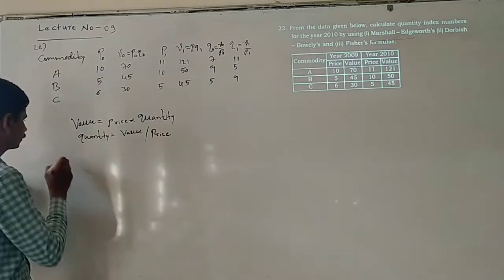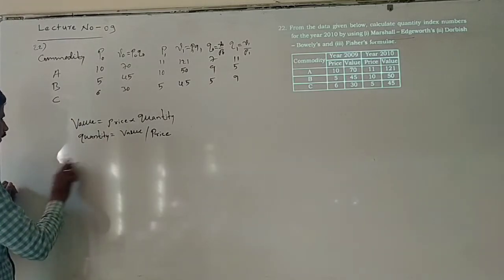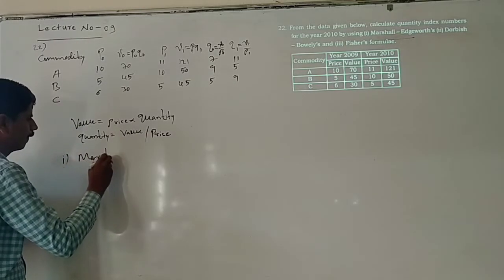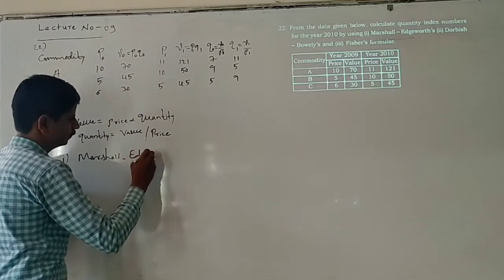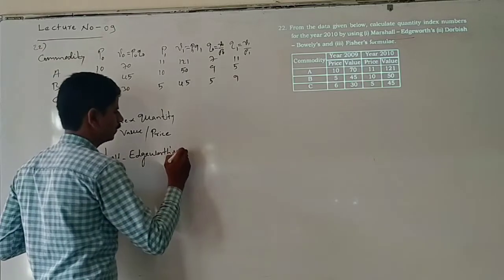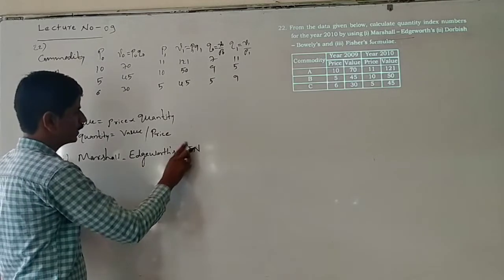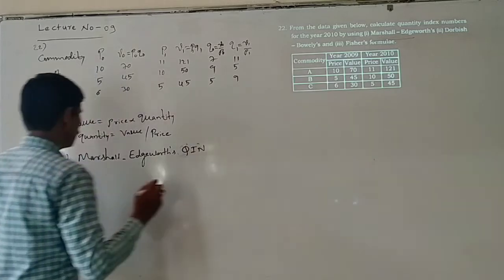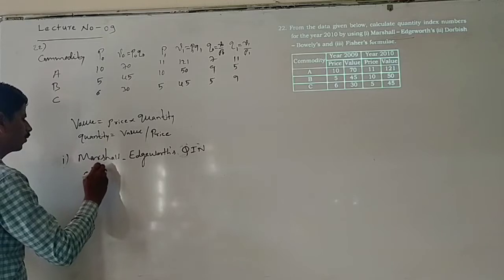Here, first one, Marshall-Edgeworth quantity index number. Apply the formula, that is Q01 ME equal to